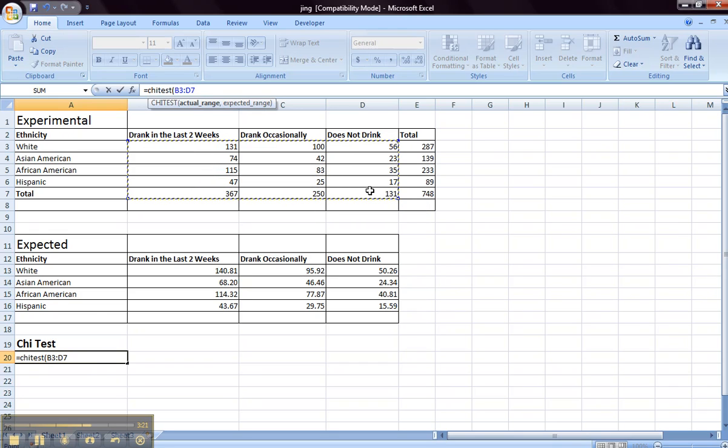Hit enter, and then follow it with a comma, and then highlight all our data from what we just got, the expected values. Close it with the parentheses, enter. Now this number